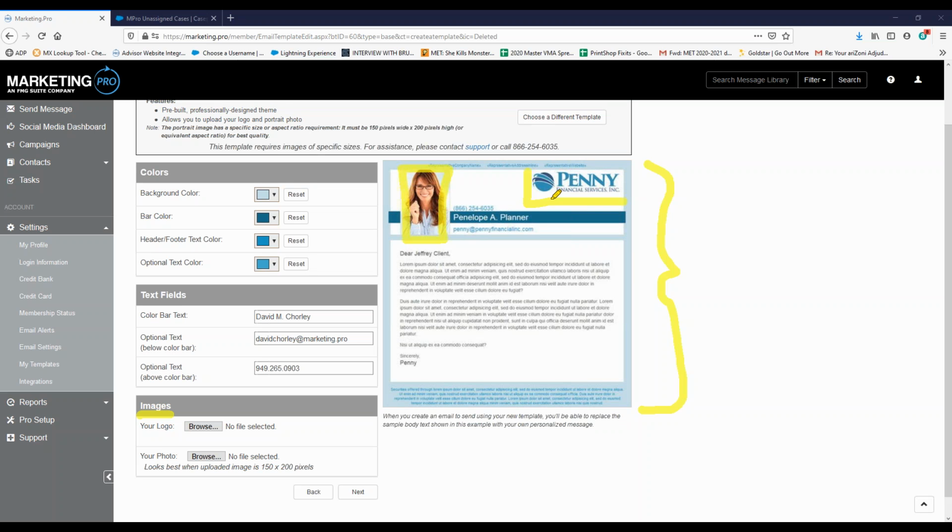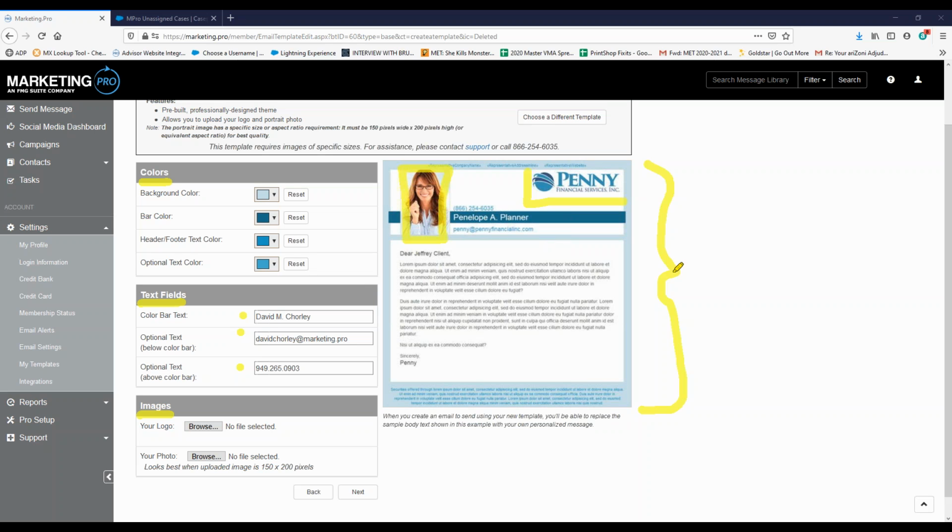So if you need any help with resizing or cropping images, let us know. That's what we're here for. Second category, easy, is your text fields. So we recommend your name, your email address, and of course your phone number. Technically though, you can put whatever information you want in there. Have at it. Then finally, there is a color scheme for the entire template where you do the background color